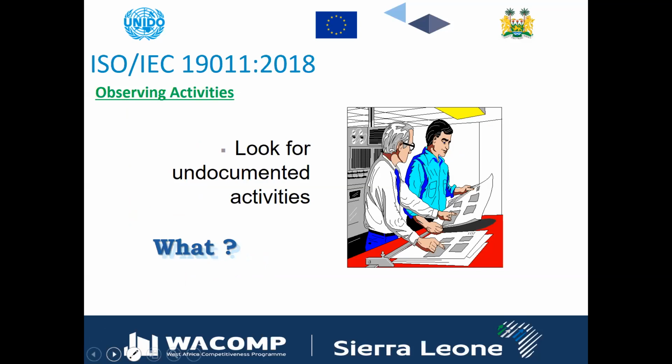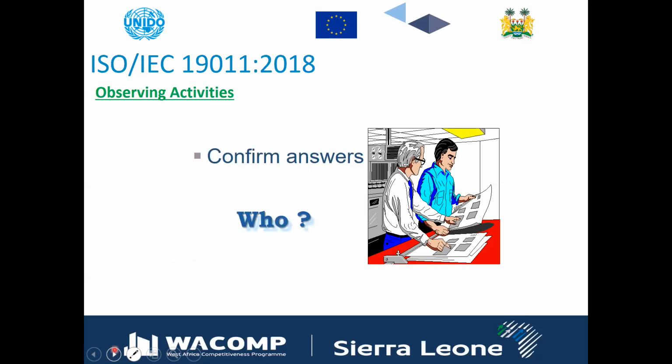Look for undocumented activities as well. Sometimes they are doing the right things, but they are not writing it rightly. The actual thing is that they must do it in a right way. Sometimes the auditor can compromise if they are doing things in a right way but it is not written. The objective is to do the right things in a right way, but we can compromise on the documentation, and we can give an opportunity for improvement, that some of the things are not documented and need to be documented.